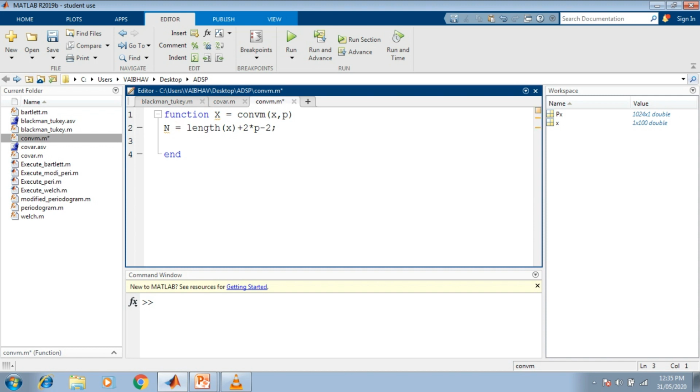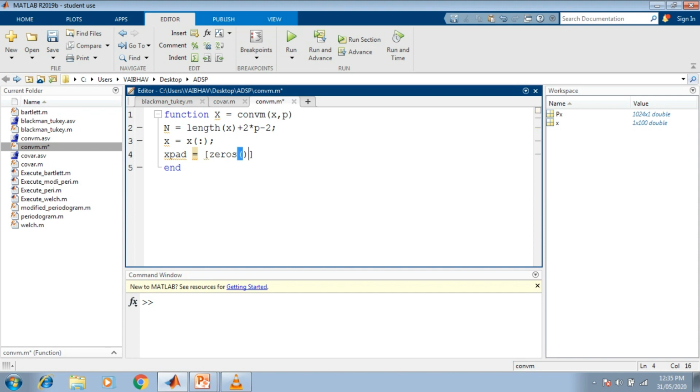By the next line we accept X as the first input argument of this function, with all the data samples. Hence X is equal to X within the parenthesis, with the colon here. Next we compute another variable named xpad, which is the array formed by the zeros function, holding zeros for all the samples, with dimensions p minus 1 comma 1.